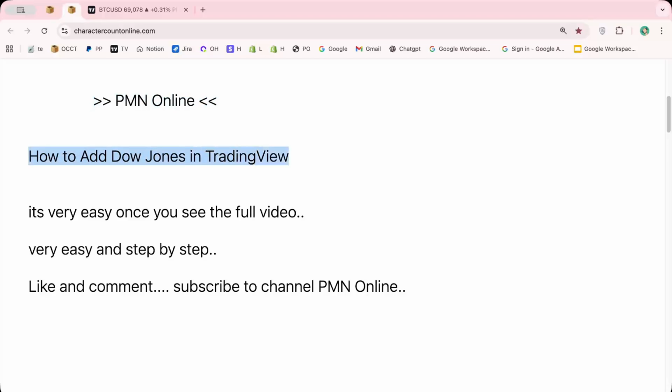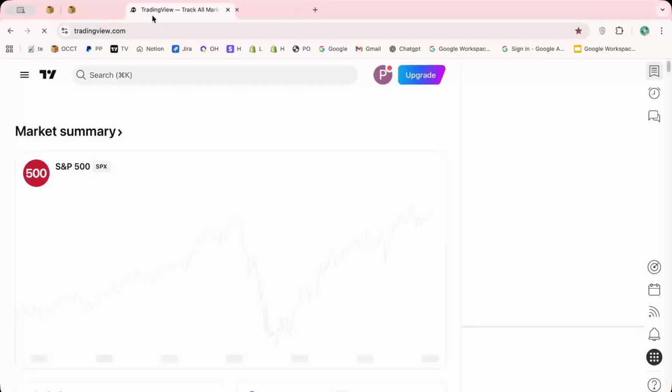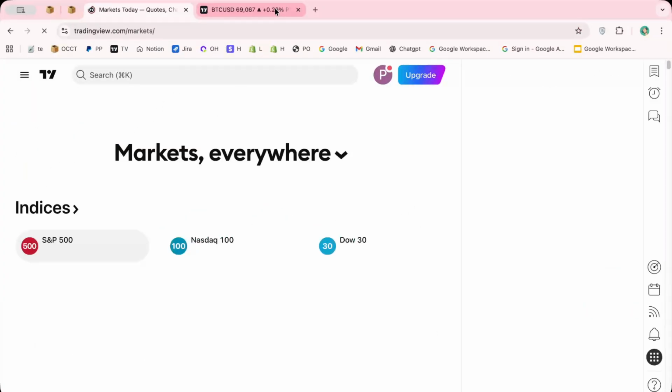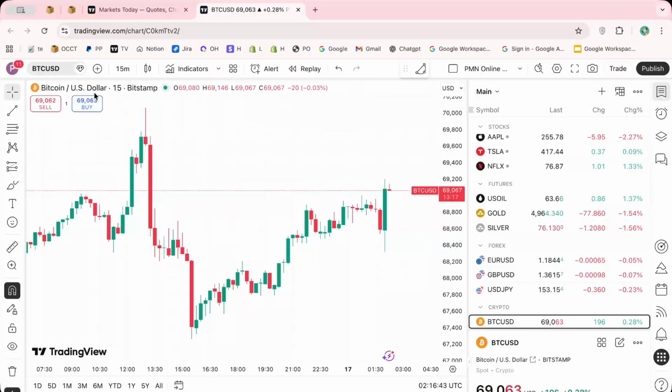In this tutorial, we will learn how to add Dow Jones in TradingView. Adding the Dow Jones Industrial Average to your TradingView platform can be a game changer, whether you're a seasoned trader or just starting out. Having this key index readily available can greatly enhance your market analysis. So, let's dive in and walk through the process step by step to ensure you have the most efficient setup